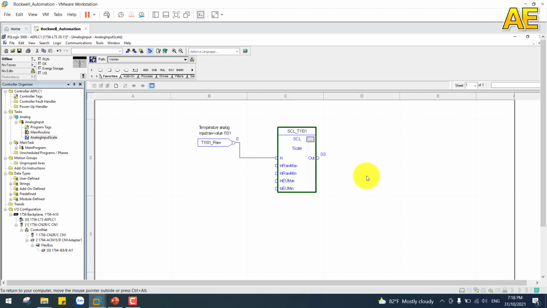Okay, that's done for programming analog inputs from temperature transmitter to the PLC ControlLogix L73 with the analog inputs module